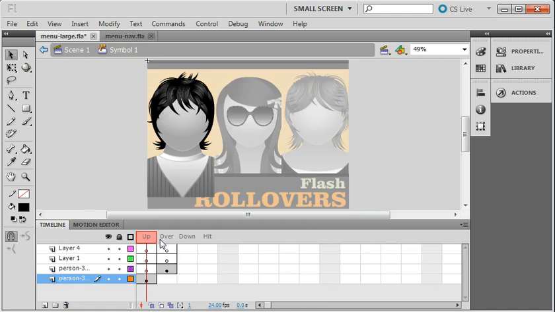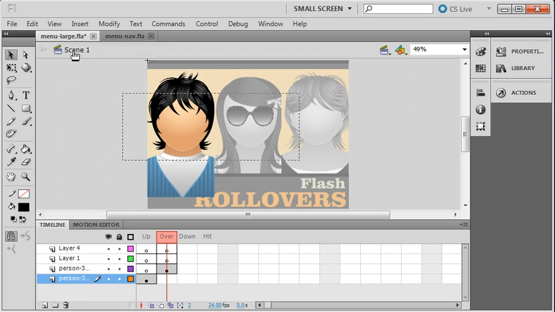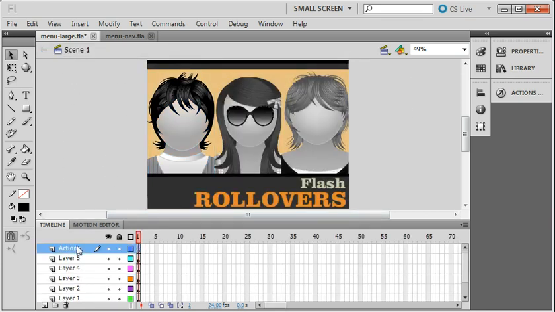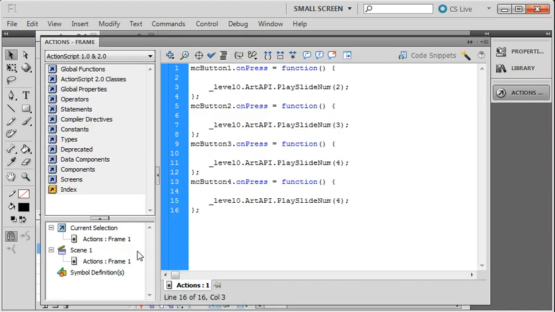It's just an up and an over state, right? So there's the black and white version, and on the over state, it's the colored version. And if you wanted to, you could add a text box or something over here if you wanted him to say something like a chat cloud or something. But it's not until we get to just this one frame for the action frame that we see the